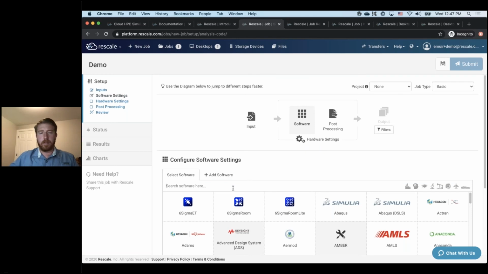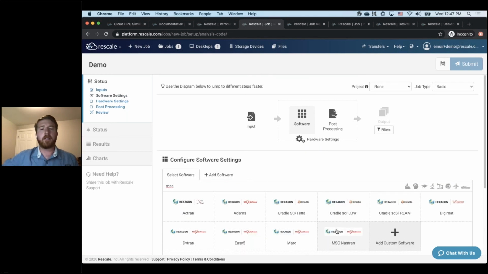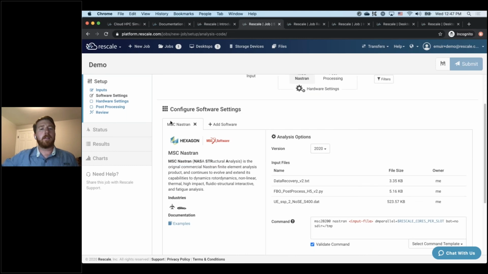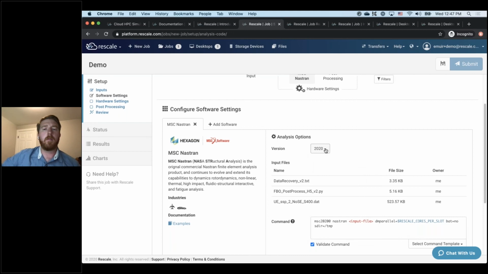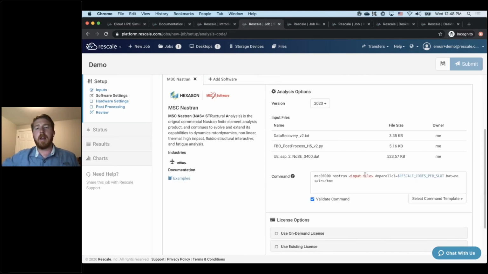The next thing that we will do is look for MSC Nastran as a software tile. And so that's the software we're going to run the analysis on. There's several different versions available. We'll go ahead with 2020 for this one. And you'll notice that Rescale automatically populates the command submission inputs for you. And so that's very convenient, that you don't have to remember what the different inputs are. So in this particular case, we're going to run shared memory parallel, and all I have to do is just give it the